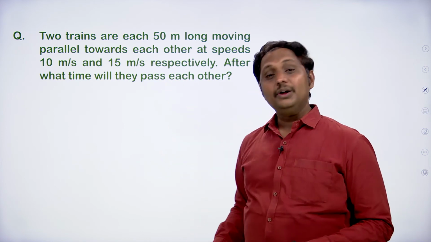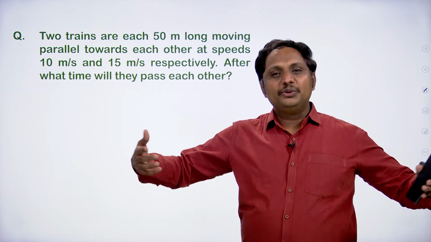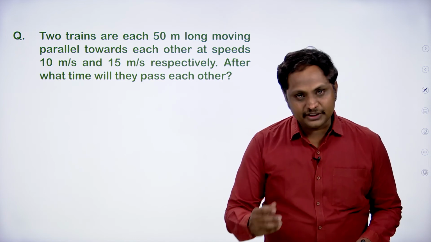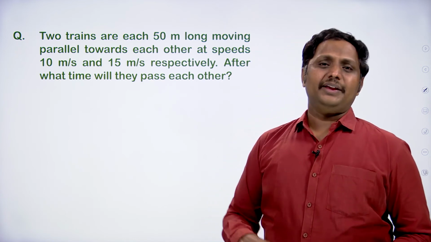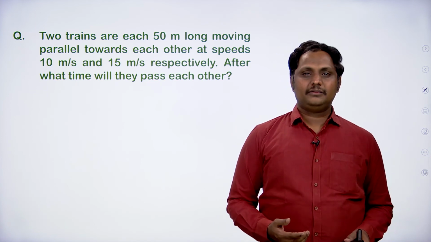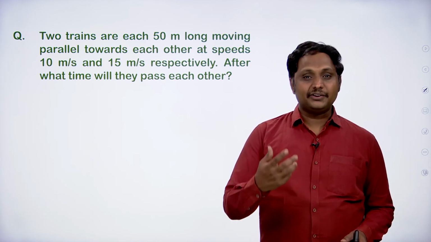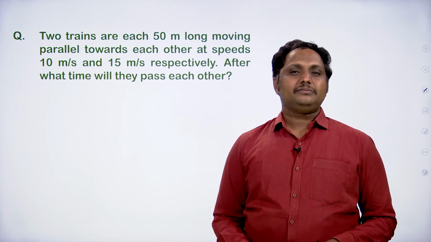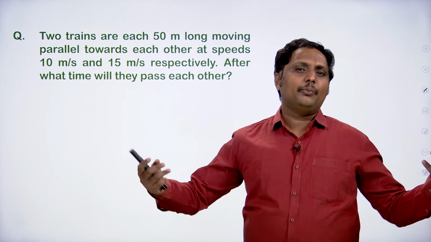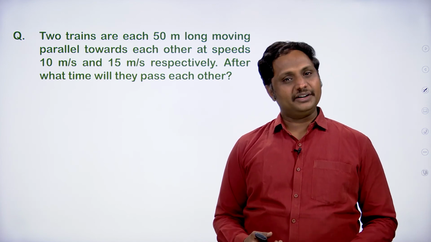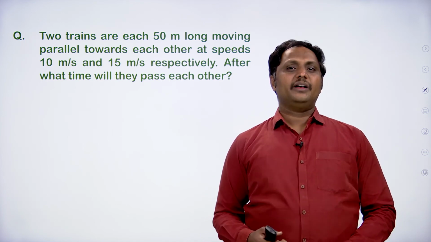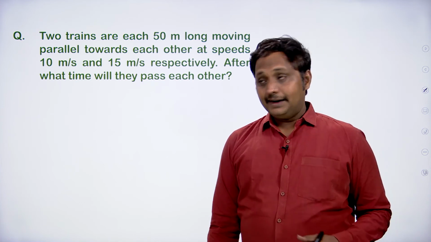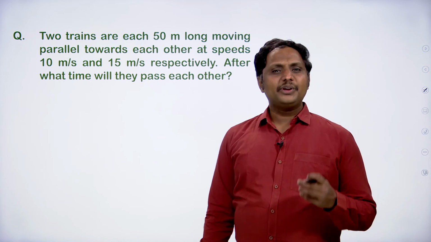You just have to look. If they are going to move in the same direction, we can consider the relative velocity or relative speed. Okay. If they are going to move in opposite directions, the relative velocity is going to be the sum of the two velocities or speeds. Okay. It is very clear, but one thing we have to know